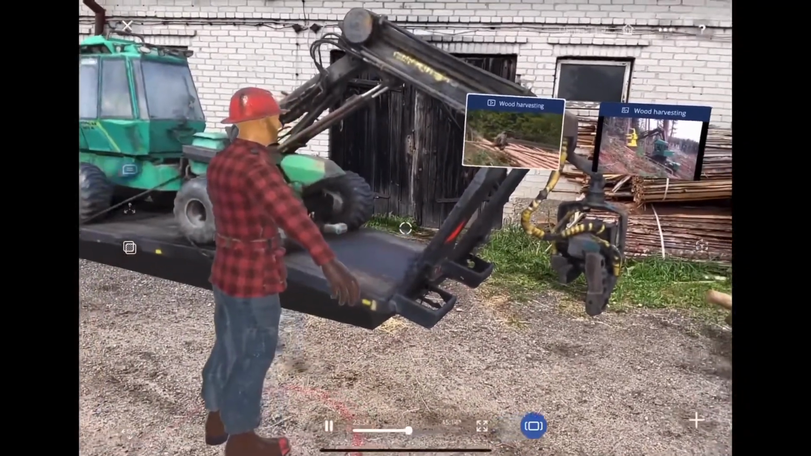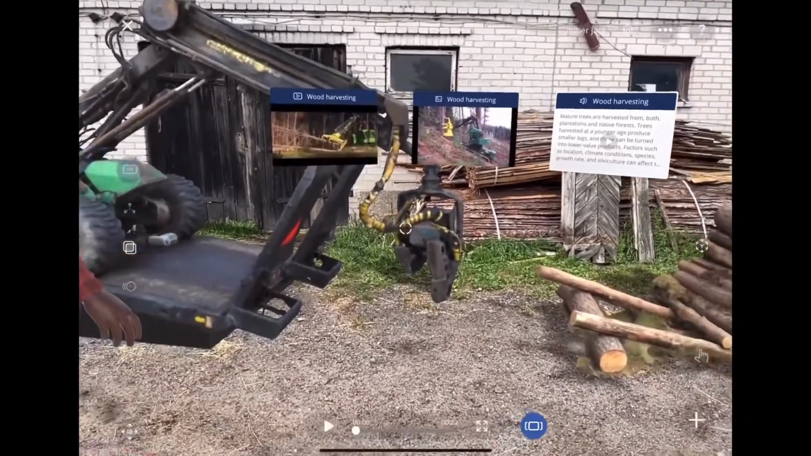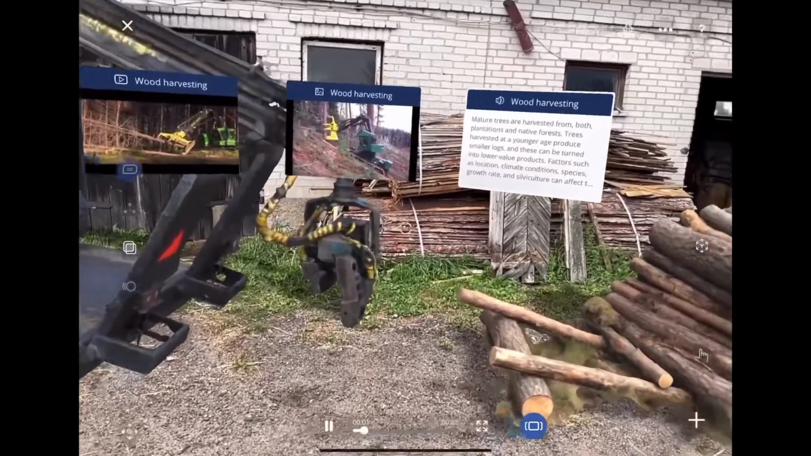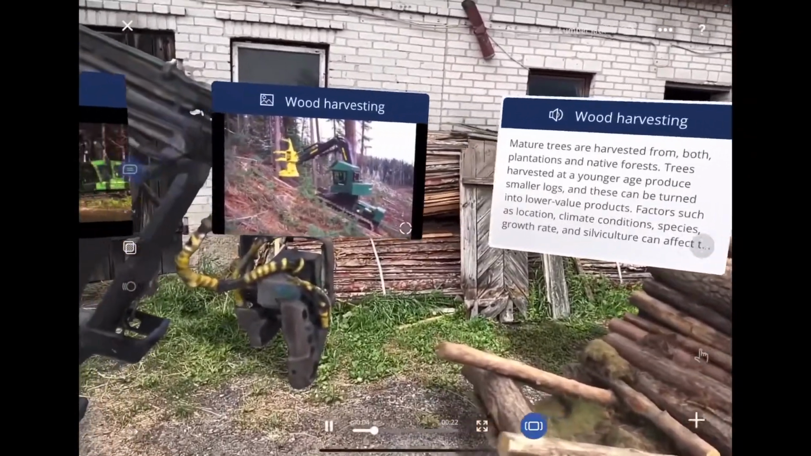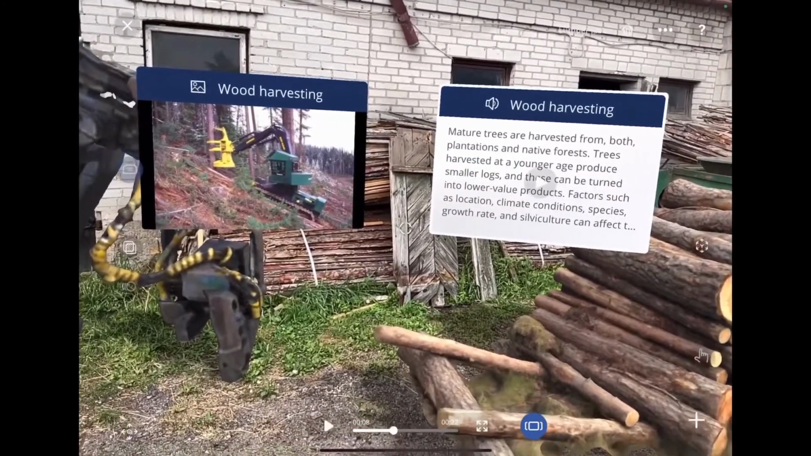Also cut the top of the tree. Before the harvesting process starts, mature trees are harvested from both plantations and native forests. Trees harvested at a younger age produce smaller logs, and